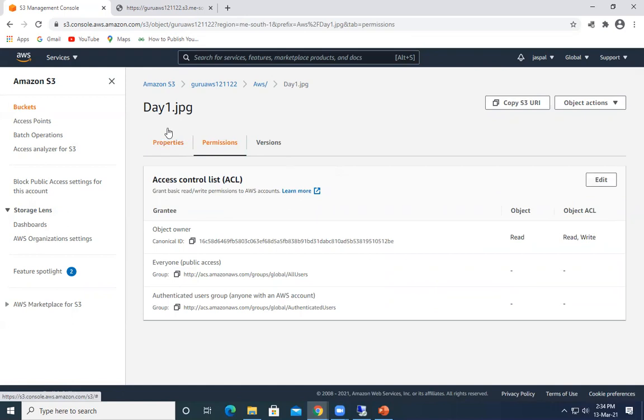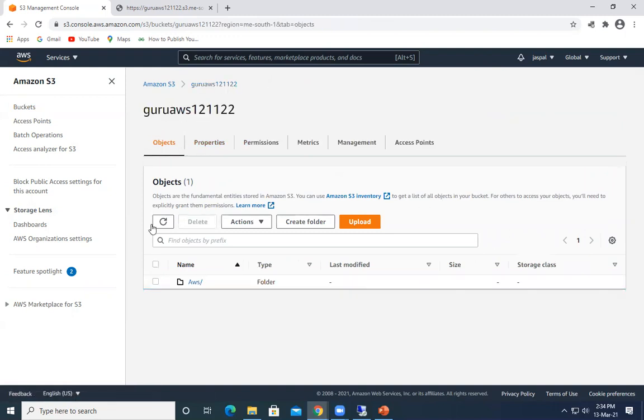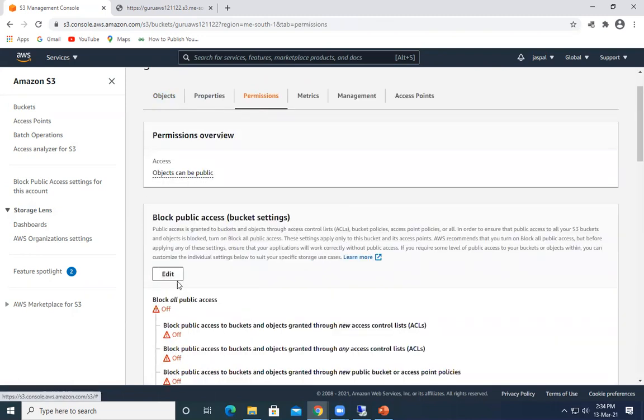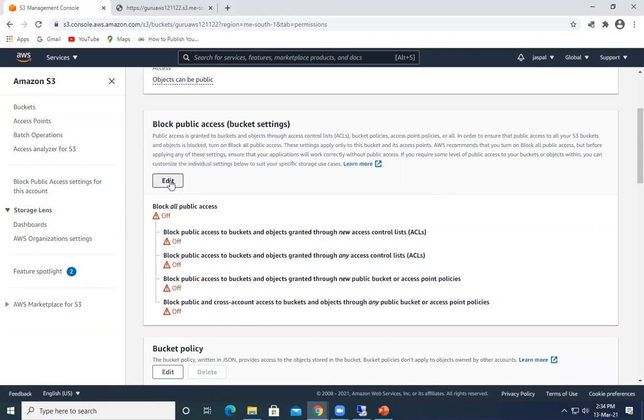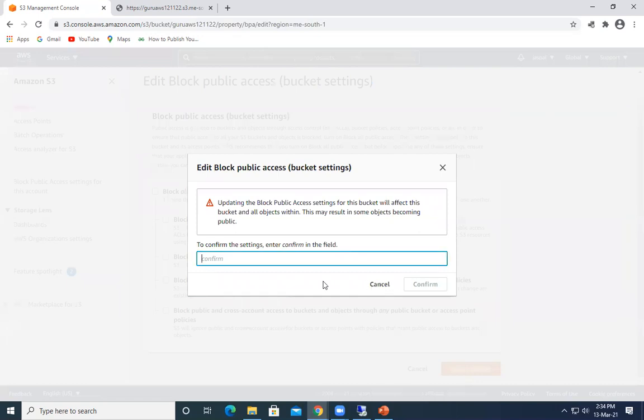We can just go back over here, AWS, and you can select like this. Let's select this, permissions, edit. Save the changes. It's just overwriting the permission.